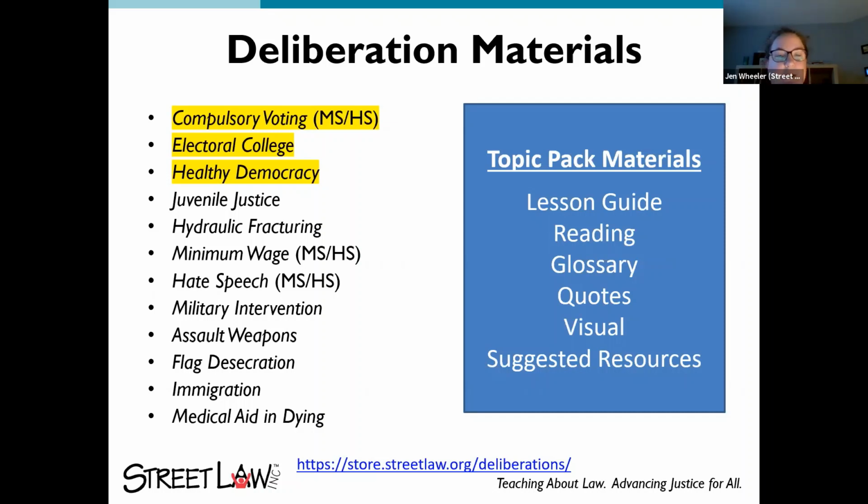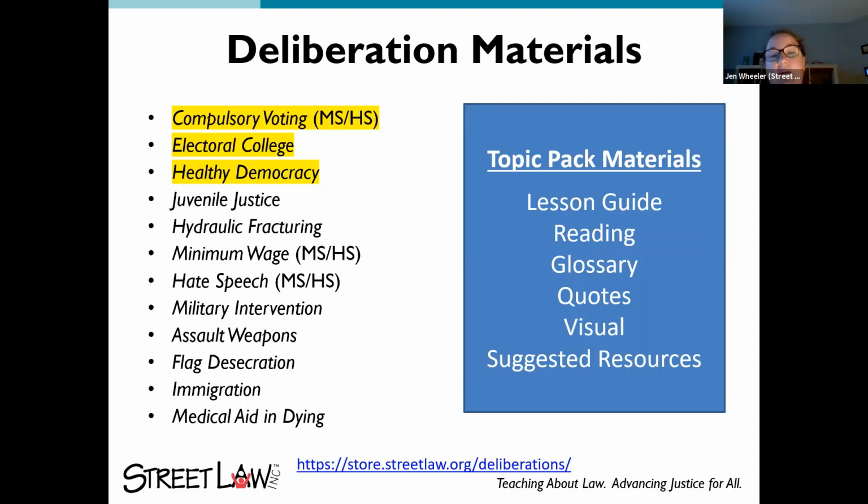It would be a great thing to talk about right now, given the state of democracy in the world. And you can see the rest of the deliberation topics currently available. As you know, during an election season, all sorts of different topics can come into play, so these are just a reminder to keep in mind should your students want to talk about them, should they connect to the election season in some way.